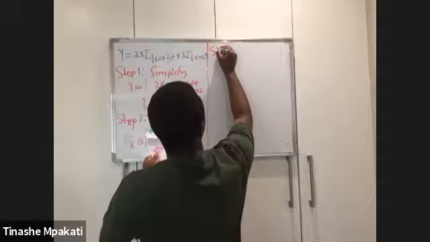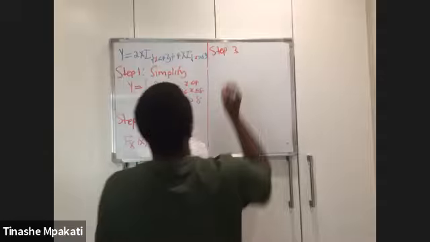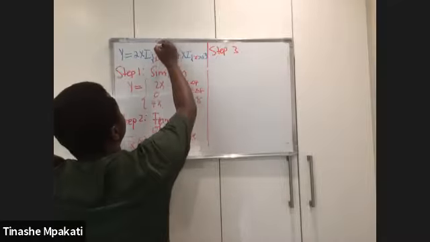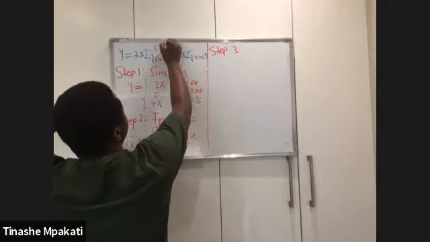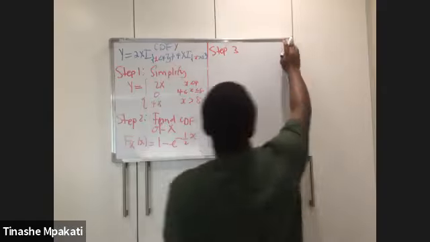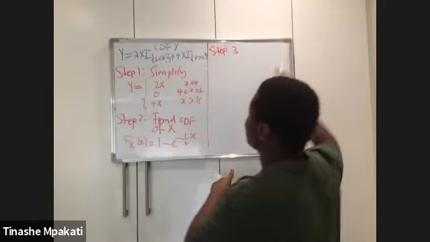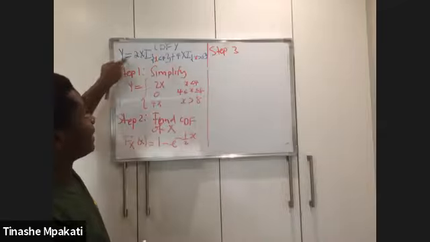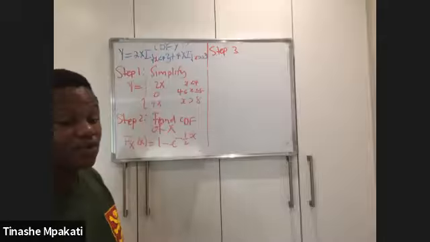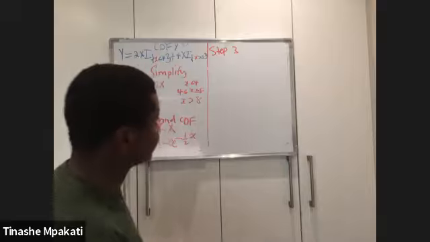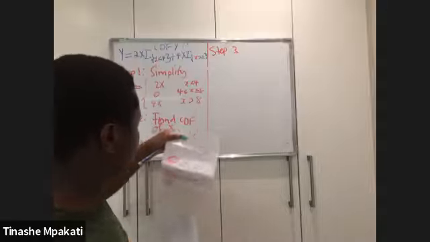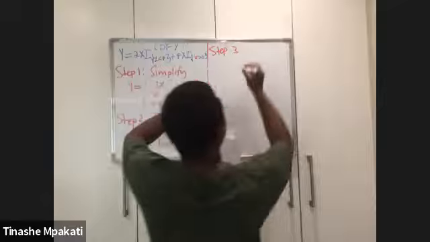Step three, oh, sorry, by the way, I did not explain what we are trying to find here. The question is to find the CDF of y. That's what we want. We're given information about the random variable x, and then we are given y in terms of x, and the question says find the CDF of y. So all these steps are just for us to get to the CDF of y. So your step three would then be to use the definition of a CDF.